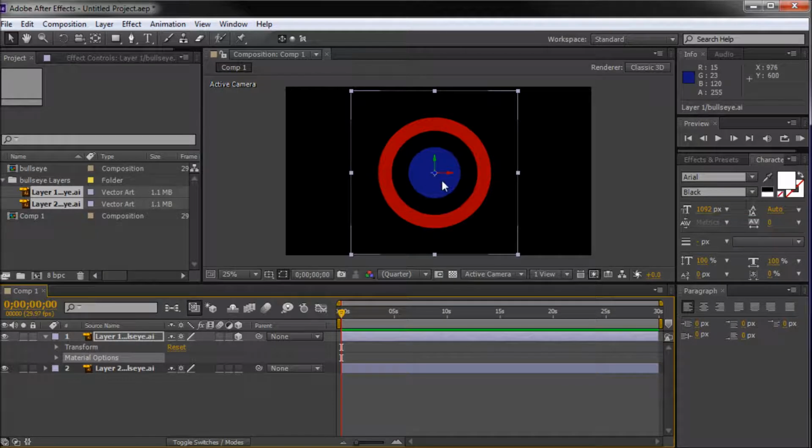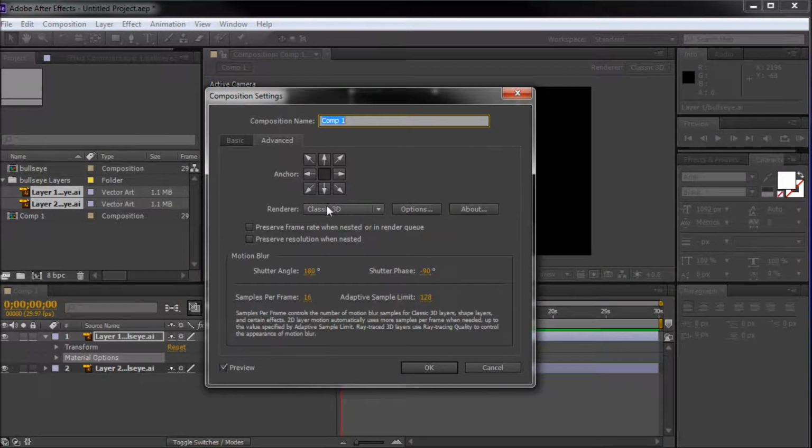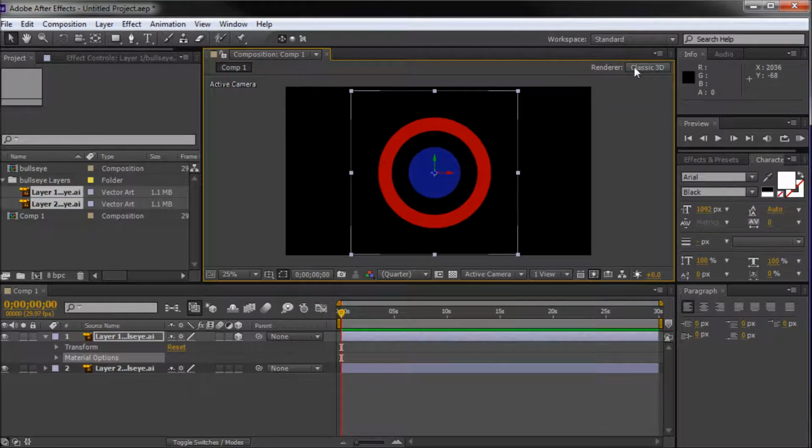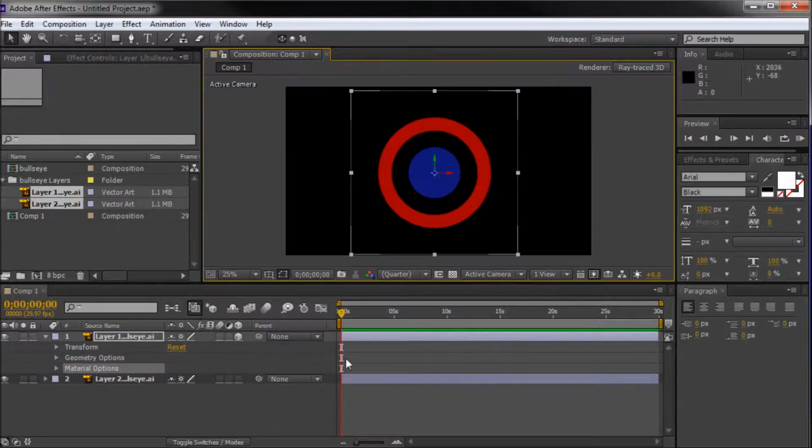Now you will be able to move this in 3D space, but you won't be able to get that extrusion like I showed in the preview. So you want to take your renderer and turn it to ray trace. Now if you didn't see what I did there, it's up in this top right corner just like we did in the text tutorial, and we'll take our renderer and select ray trace 3D, click OK, and you'll see now